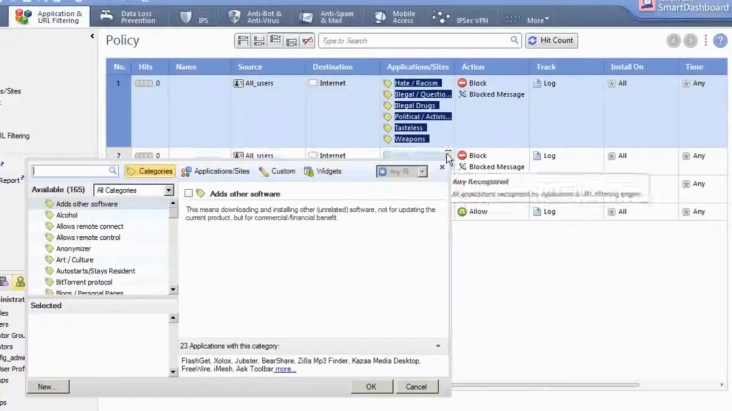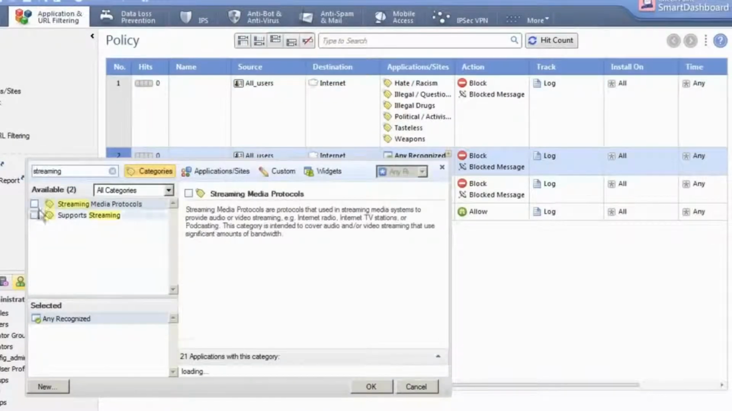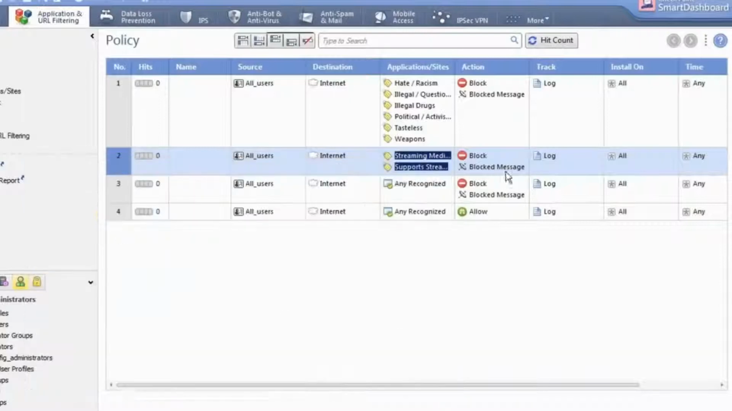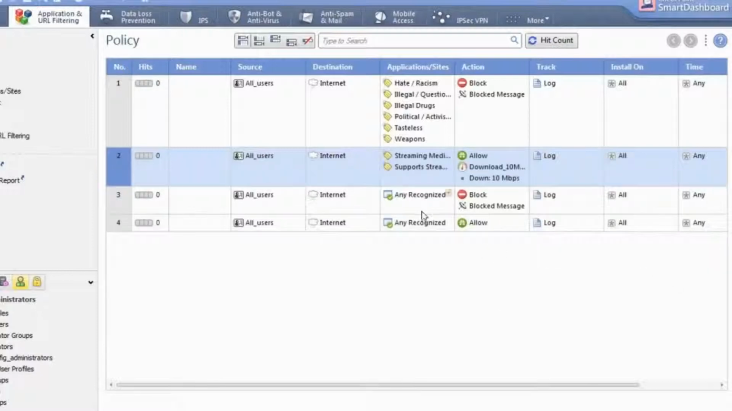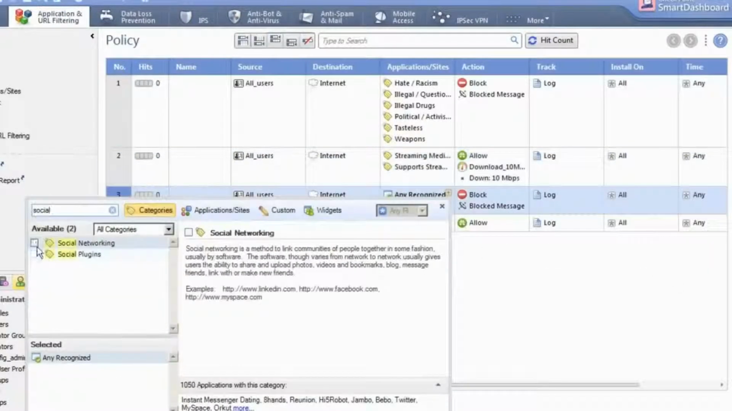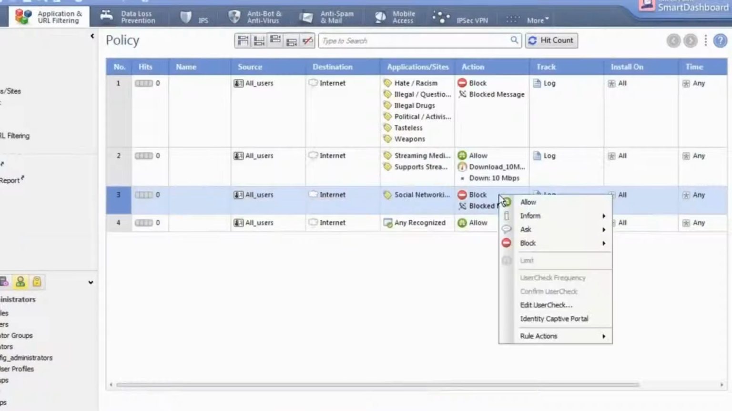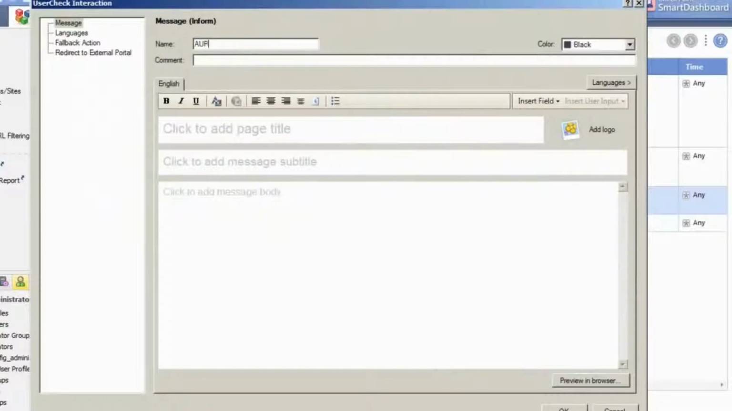Done. In the second rule, we'll limit the bandwidth used by streaming applications. Simply search for streaming, change the action to allow, and limit the download to 10 megabits per second. Done. In the third rule, we'll inform users of acceptable internet use. Change the action to allow, create a custom inform message,